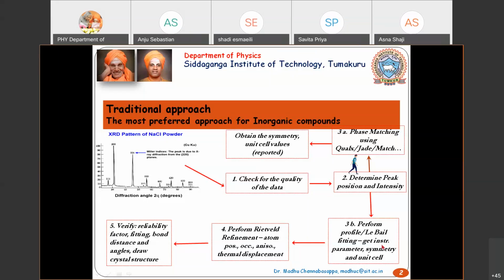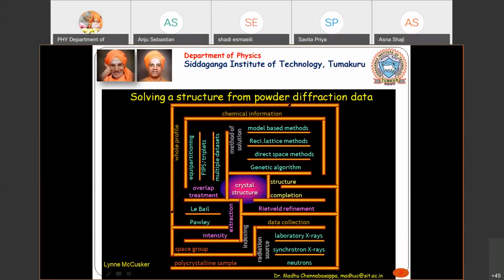Okay, so those things we have already done by using your lab fitting. Okay, so now what we will do is we will try to go for the next one, which is your structural or complete refinement. Okay, so before that I will just again give a very brief summary of what we did in the